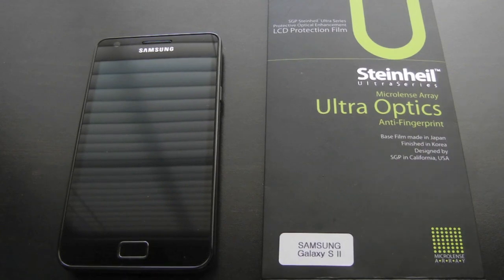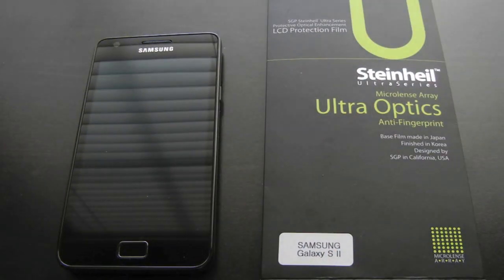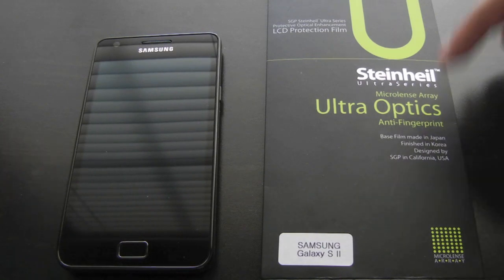And I would like to thank you guys who stuck by me during my Nexus S reviews. I am now moving on to the Galaxy S2 just because it is a new phone, it has a new market for cases and products, and I really do want to move on to something new instead of sticking with the old. So onto the Galaxy S2 we go, and we're going to start it off with the Ultra Optics